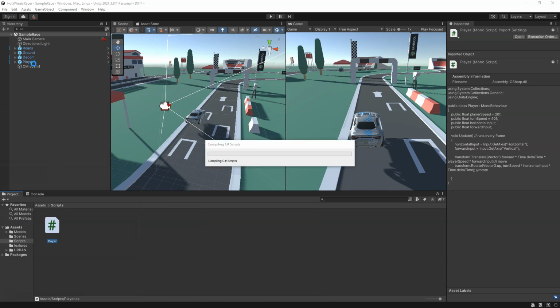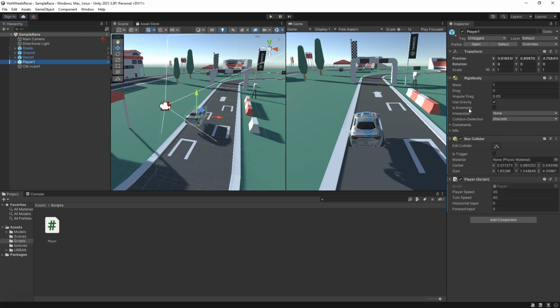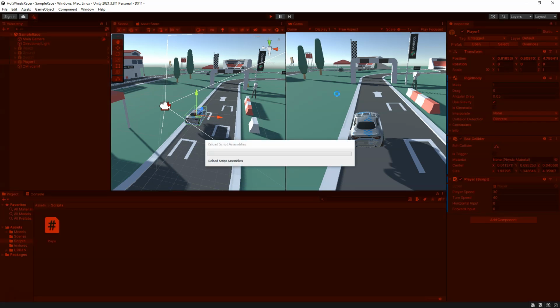We get back into our game. And just in case you haven't done so, we're going to select our player 1 and make sure that you've put the script on the player. You'll see here our player speed is 30 and our turn speed is 40, and these are going to be our inputs. You'll see the number change with a maximum value of either 1 or -1, because this is pressing the key. So if I turn on play,